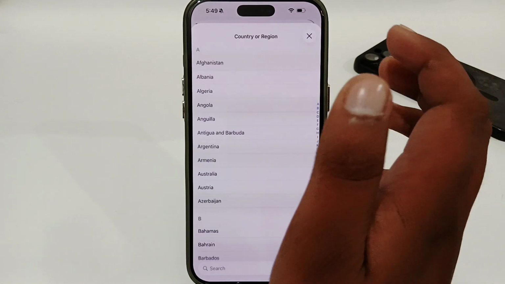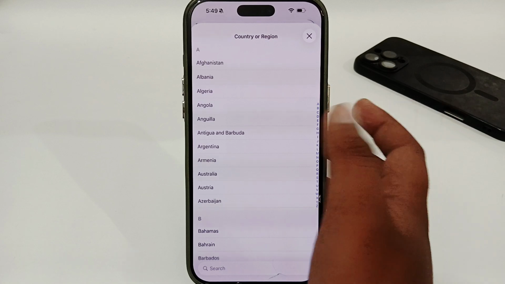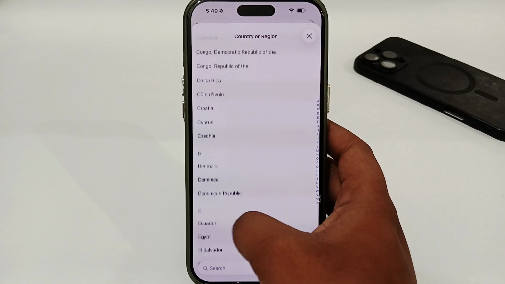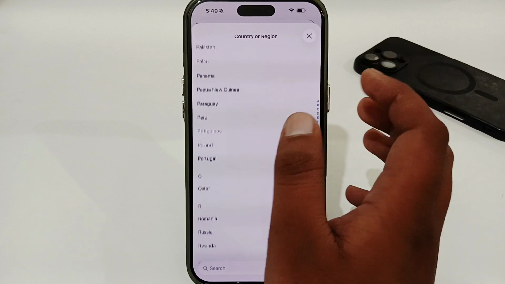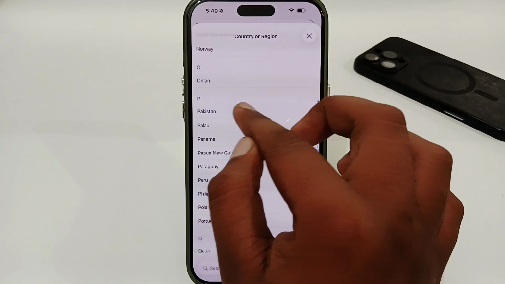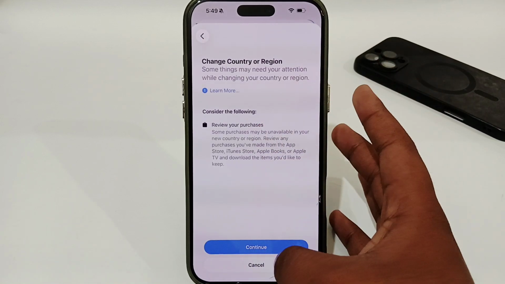and from here make sure that you have selected the specific country or region in which you're living. If you haven't, just scroll down and look for the country or the region in which you are living. Once you have found it, simply tap on it to select that option,